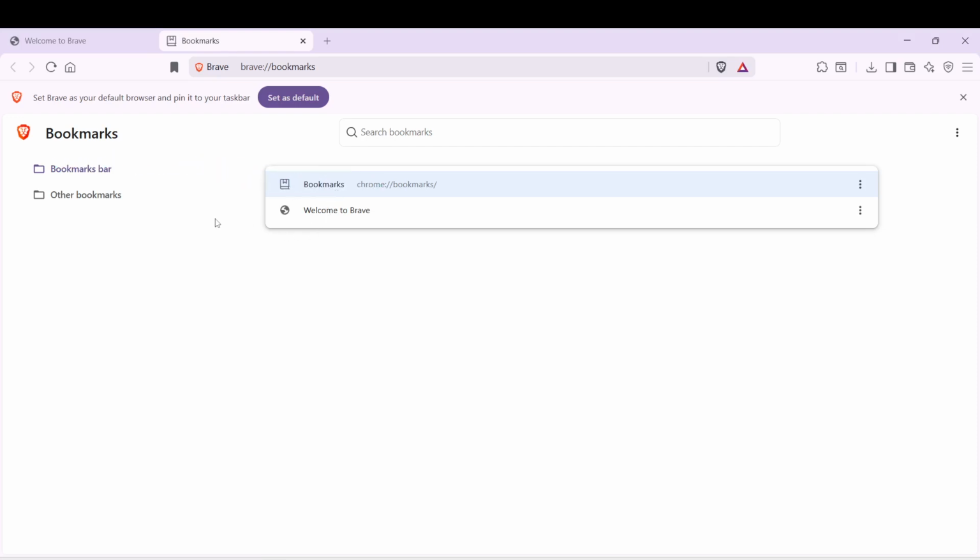At this point, you might want to take advantage of the search bar within the Bookmark Manager. It's located at the top of the Manager window. This search feature is incredibly helpful if you're trying to locate a specific bookmark among many. Simply type in the name or a keyword related to the bookmark you're looking for. This small step can save you a lot of time and effort, especially if your bookmarks list is extensive.